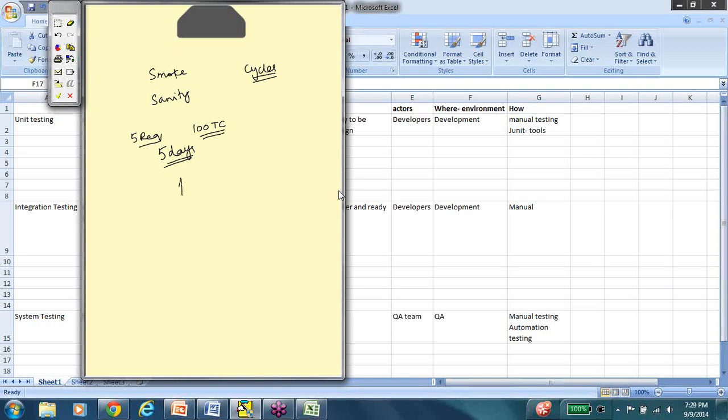We would definitely have some defects. Let's say I found 20 defects in these 5 days. Now, my job does not end at reporting defects. If they are fixed in the application, I'll have to verify whether or not they're fixed. So that is why in cycle 1,